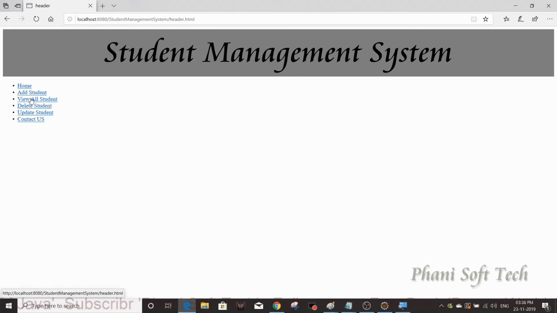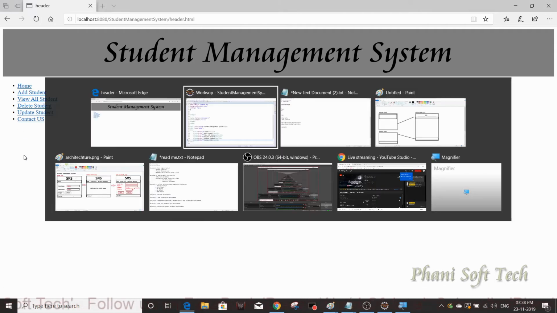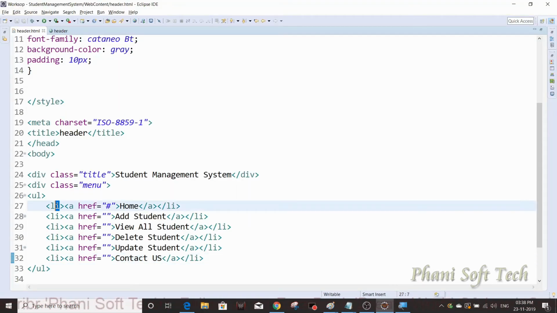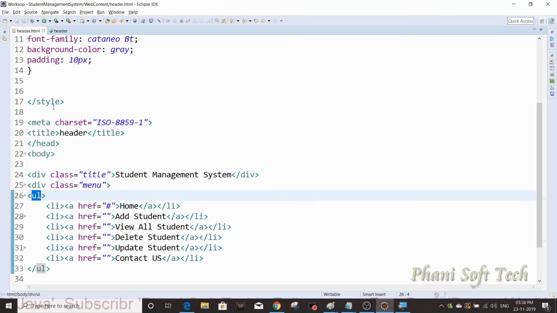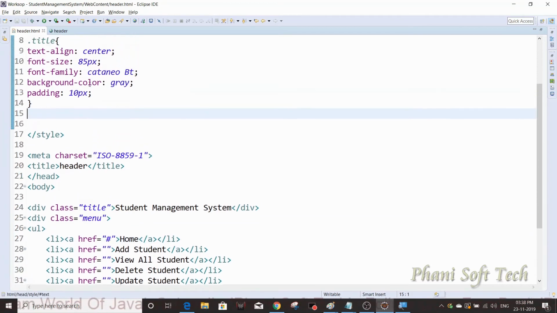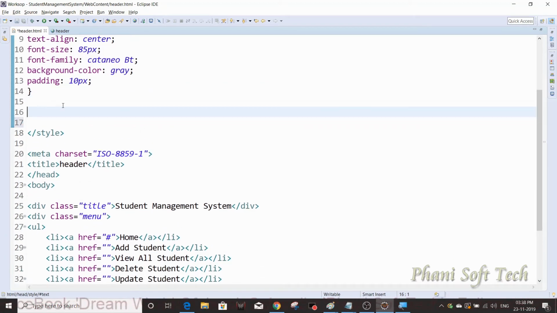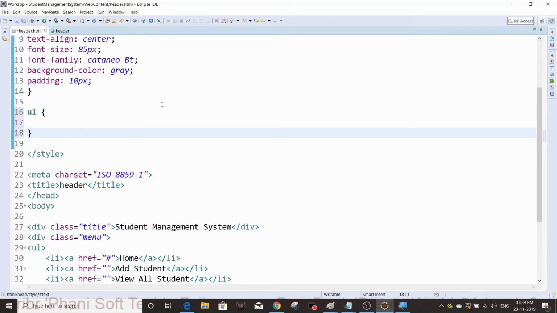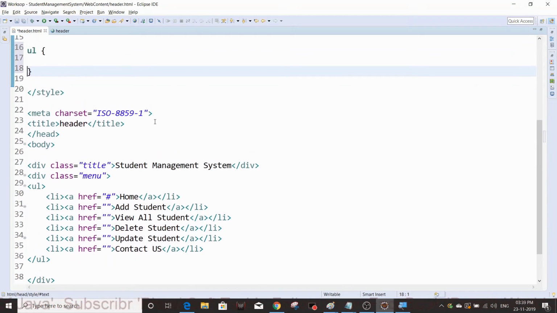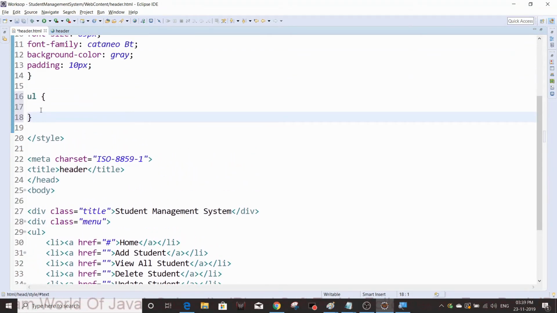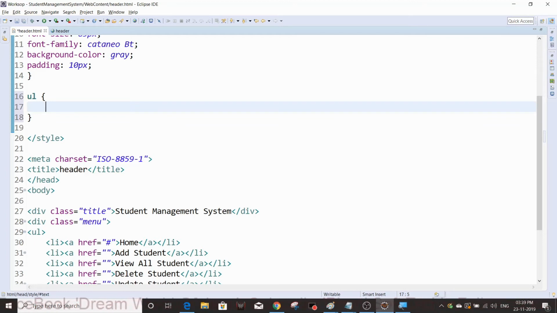Now first what I have to do, I want to put it horizontally. Okay, so first I need to remove these dots. By default it's giving dots, right? So I need to remove the dots. How can I remove? So this is the ordered list. I need to select ordered list. Okay, if you want to select any element, you directly use the element name. So we are going to apply the styles to the list. So I need to remove the dots, right? So for that they are giving